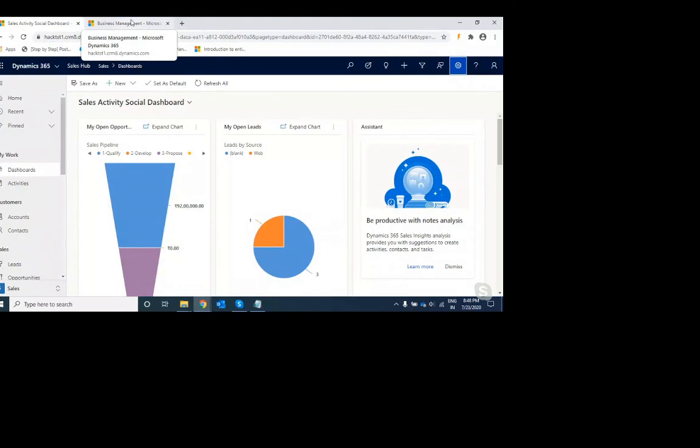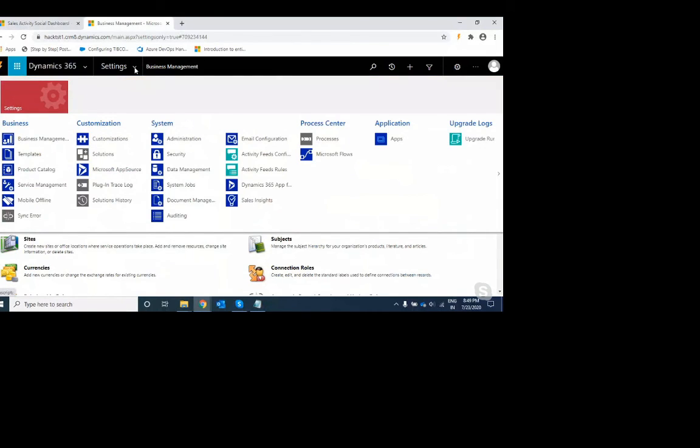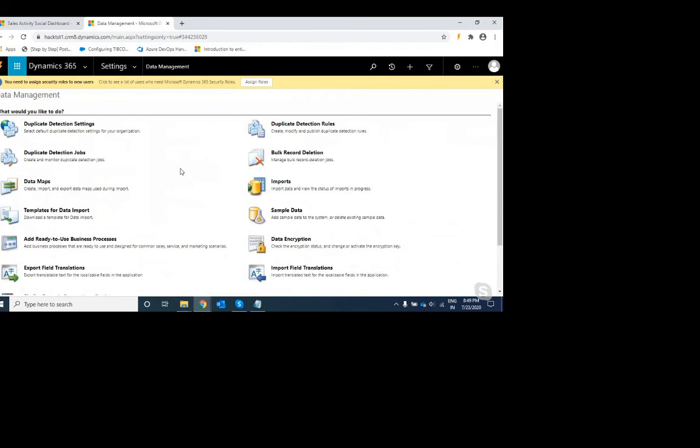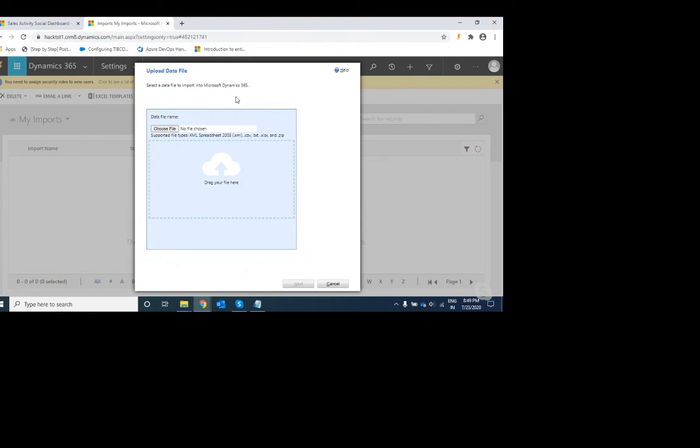So I'm jumping to my settings window. From settings, now I'm following these steps for the data import. I'm going to data management, imports. So click on import data.